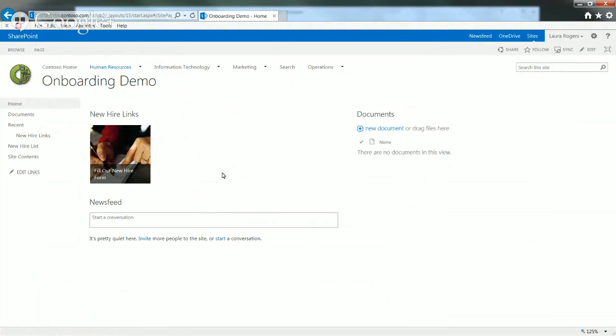So now we're going to start talking about the workflow itself. The workflow is going to have a few steps, and it's going to basically be a combination of,